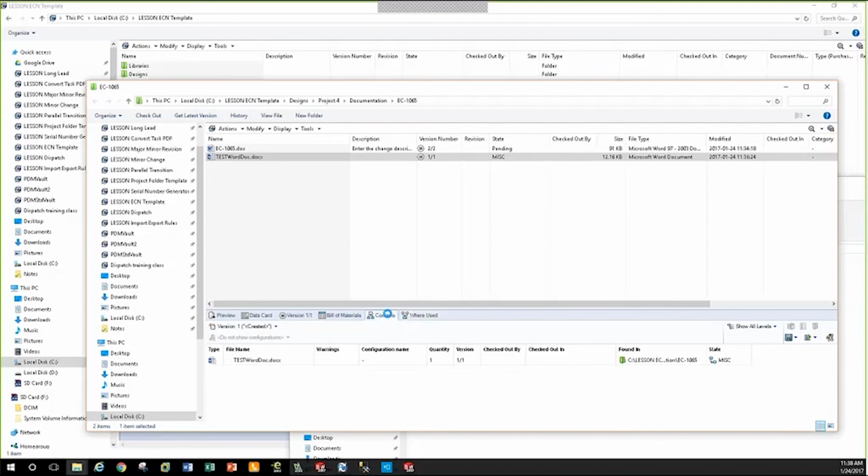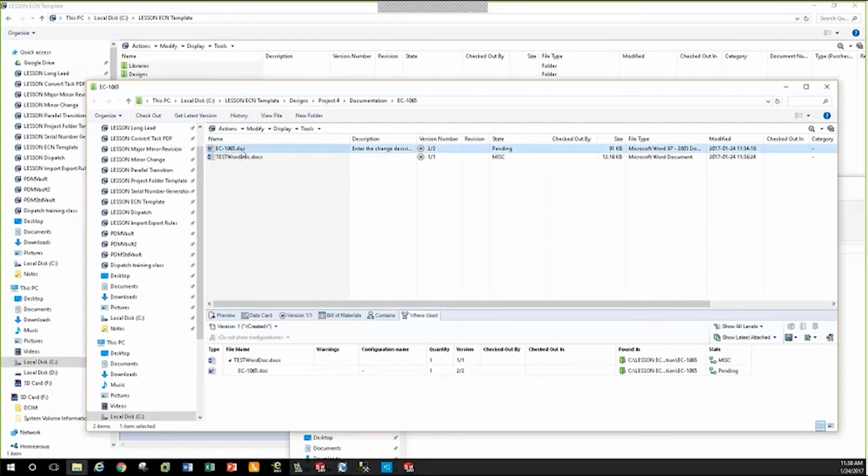We know contains is doing that child relationship, what's in the assembly. We know the where used is looking upstream. Where is this component or assembly used elsewhere outside the subassembly? Looking up. Well, we also recognize now that these two tabs support these reference documents. So this is an excellent use of reference documents, and it's a very typical use of reference documents when it comes to deploying an engineering change